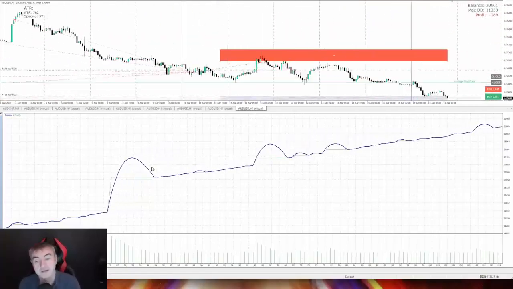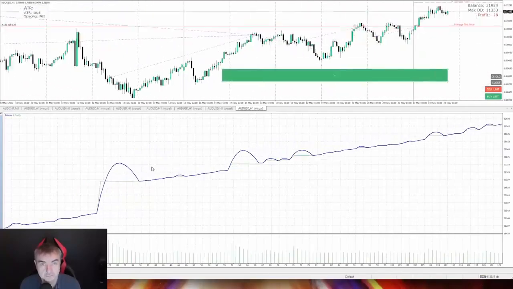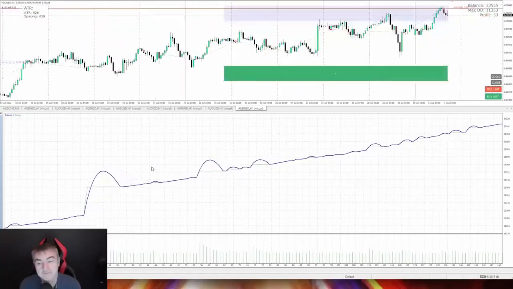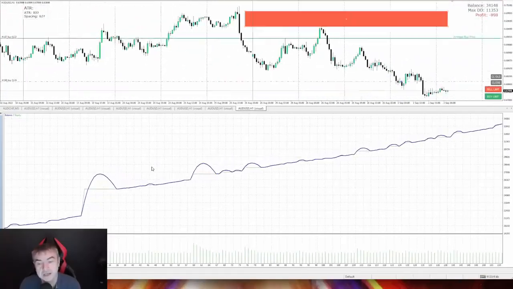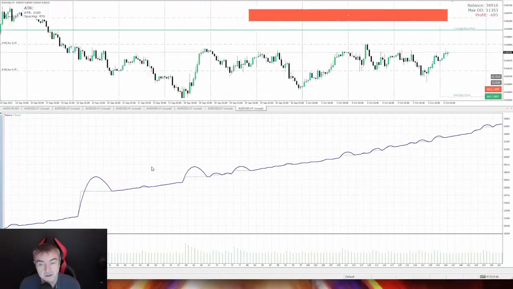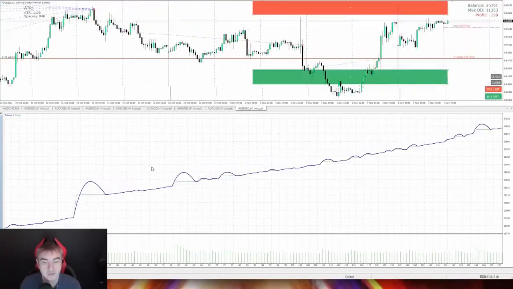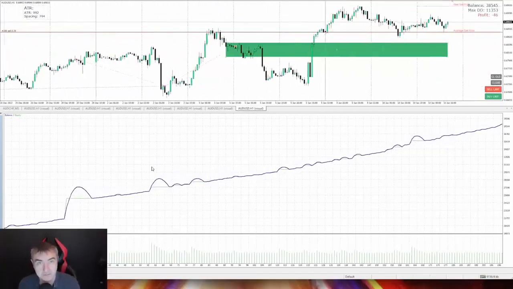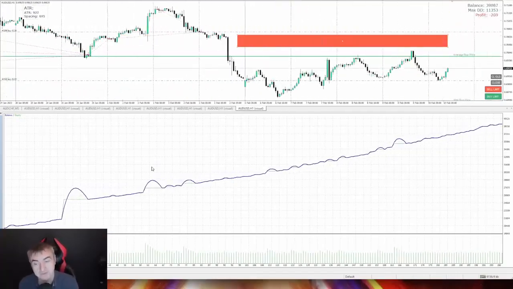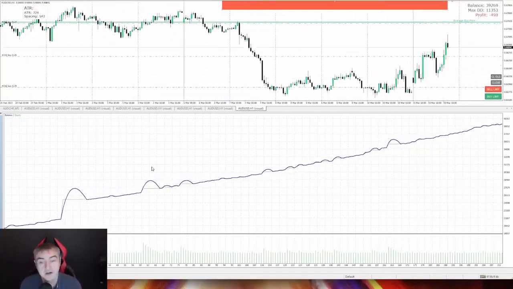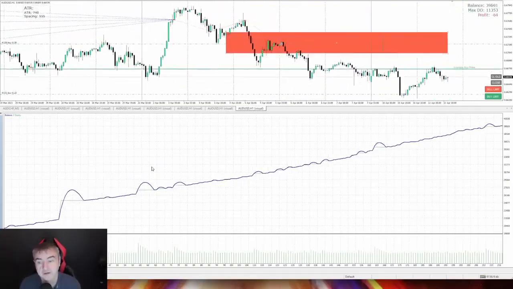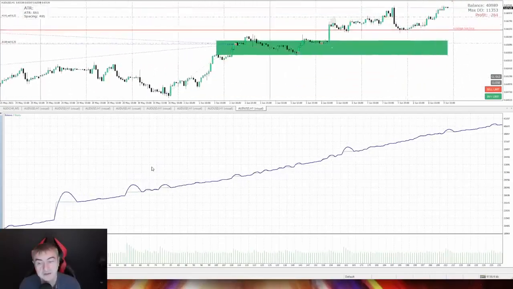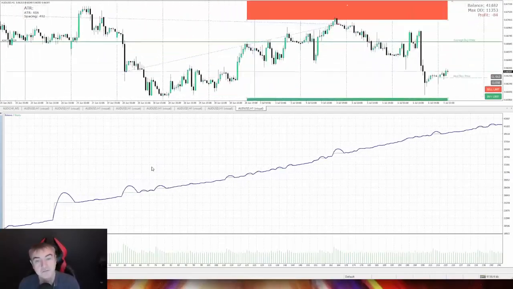Now, the problem with it is obviously there's no drawdown control in this. So I wanted to look at having some kind of drawdown control functionality built in, because this obviously can go into drawdown indefinitely, and then it will blow the account. And I have done some tests where I have blown the account, and obviously if you just increase the lot size, you'll find that out. But that's basically what it does, it just continuously makes money because it's just looking to make 30 pips